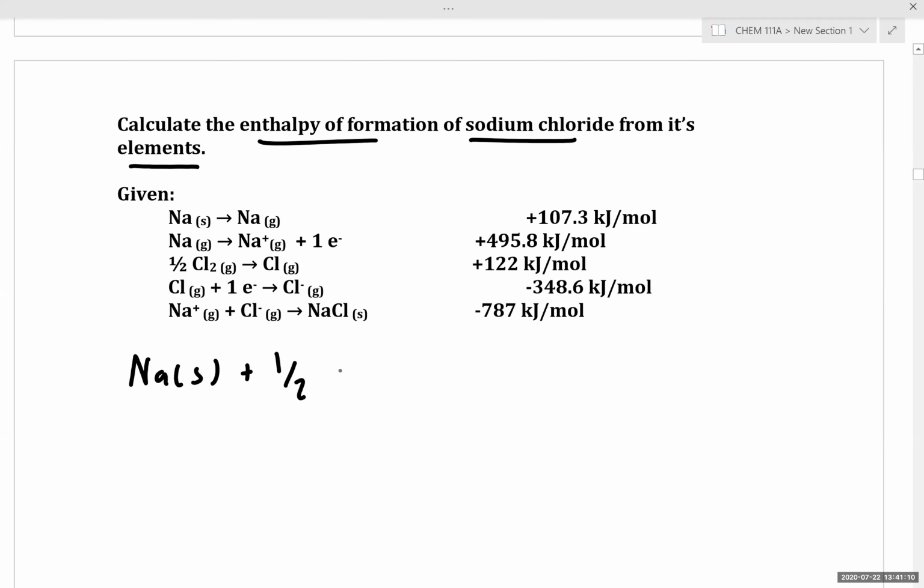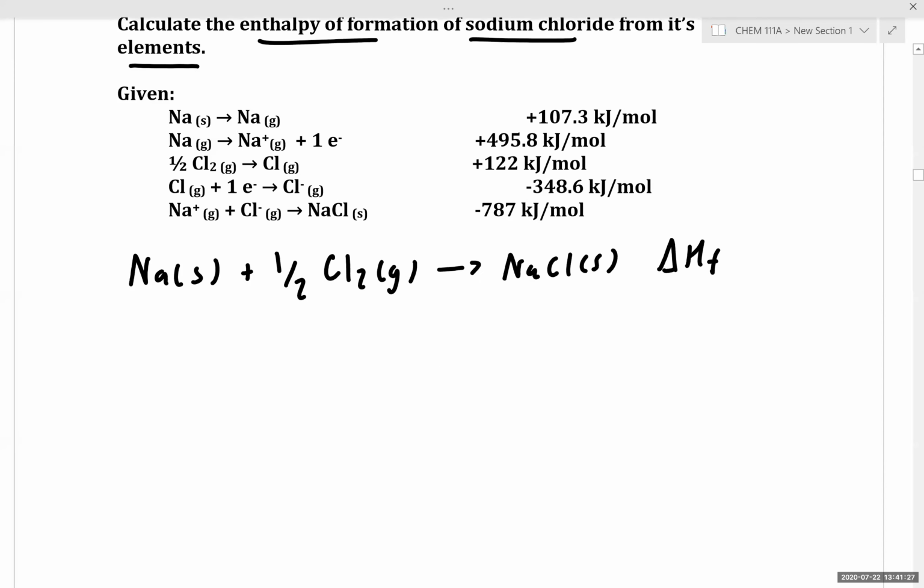So we're taking sodium solid plus 1/2 chlorine gas leads to sodium chloride solid. This is the equation for the enthalpy of formation because we're forming sodium chloride from our component elements. In order to generate our enthalpy of formation expression, let's think about each of the steps necessary in the Born-Haber